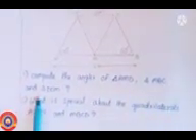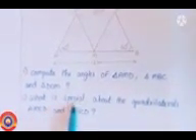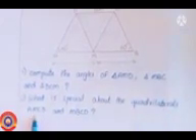Fifth question: in the figure below, the lines AB and CD are parallel and M is the midpoint of AB. We have to compute all the angles of triangle AMD, triangle MBC and triangle DCM. And the second part is: what is special about the quadrilaterals AMCD and MBCD? First, we have to find all the angles of these three triangles.